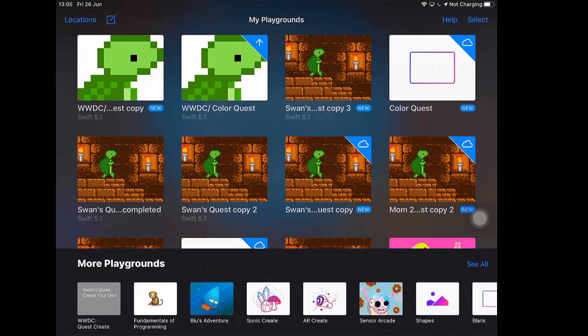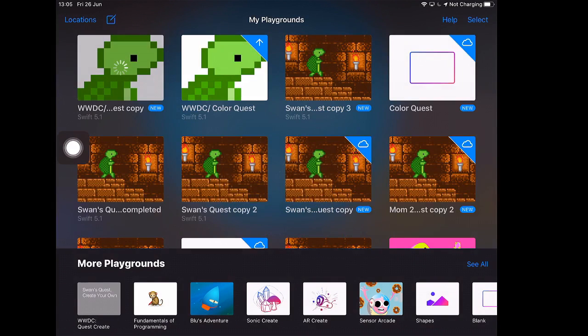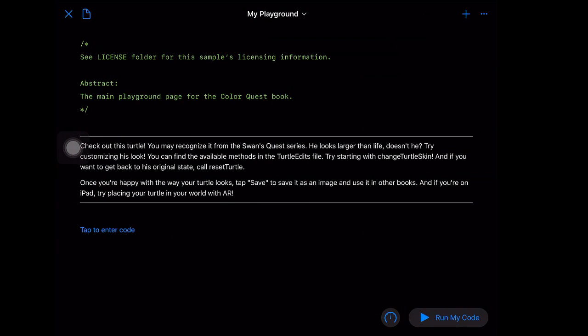All right, so I have this copy. This is what Colorquest looks like. So I'm going to tap on it. It comes from a third party. I'm going to say, yep, I want to open it. So there's a little bit more instruction here. This maybe looks a little more familiar. We can look in this file called Turtle Edits. So if we tap up here, we'll see the